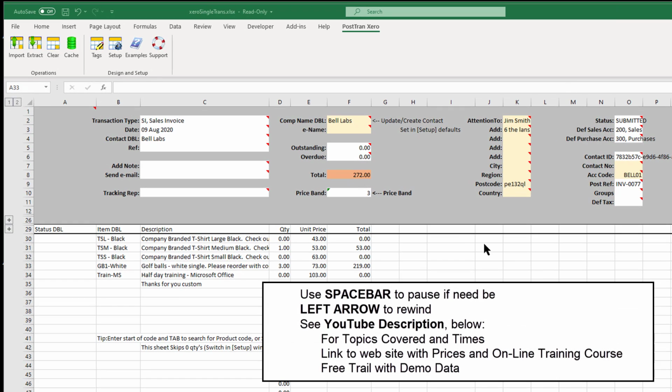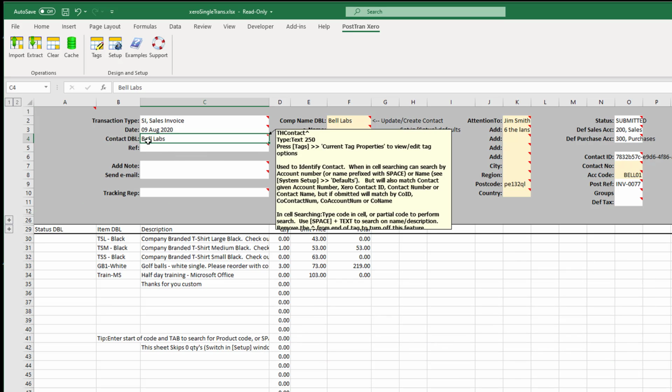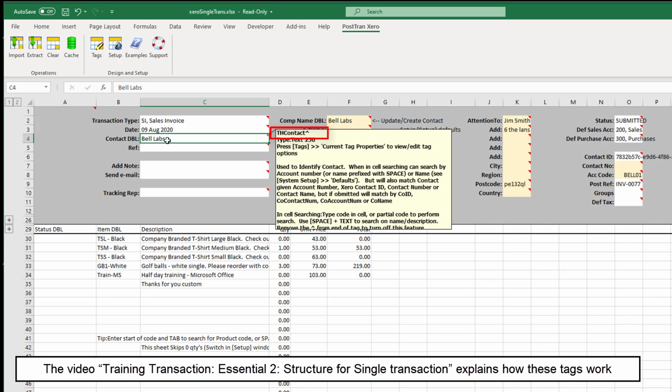Okay, in this video I'm going to explain how PostTrans updates contact information in Xero. First video is going to be on single transactions and then one on multiple transactions. So currently I have the tag THContact, and that kind of drives PostTrans to allow you to search for a